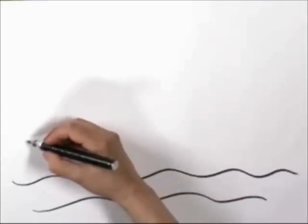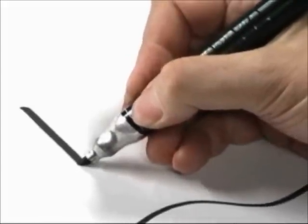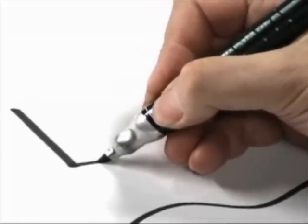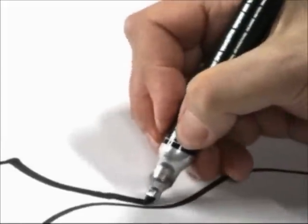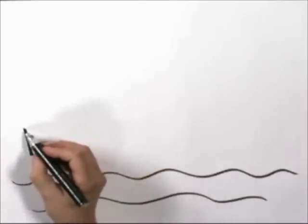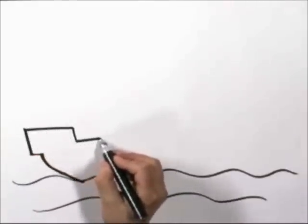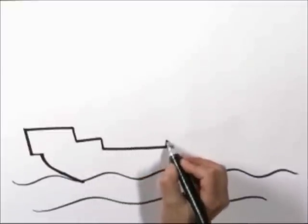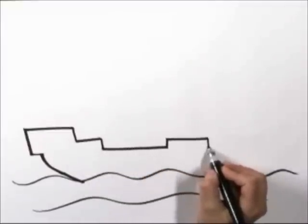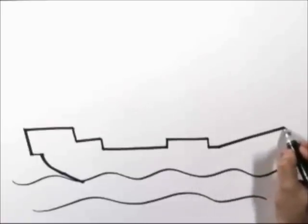All right, now we're going to draw this ship. Now, I'm going to start over here. Now, I'm going to draw a line like this and come over a little bit and then round it out until I get to the water, right there. Kind of connect that a little bit better. All right, now I'm going to draw the ship. Now, it kind of comes down like steps in a way, and it comes over and it comes up a little bit. Now, remember, we're stylizing the Mayflower. This isn't exactly how it looked, but it's pretty close, actually,